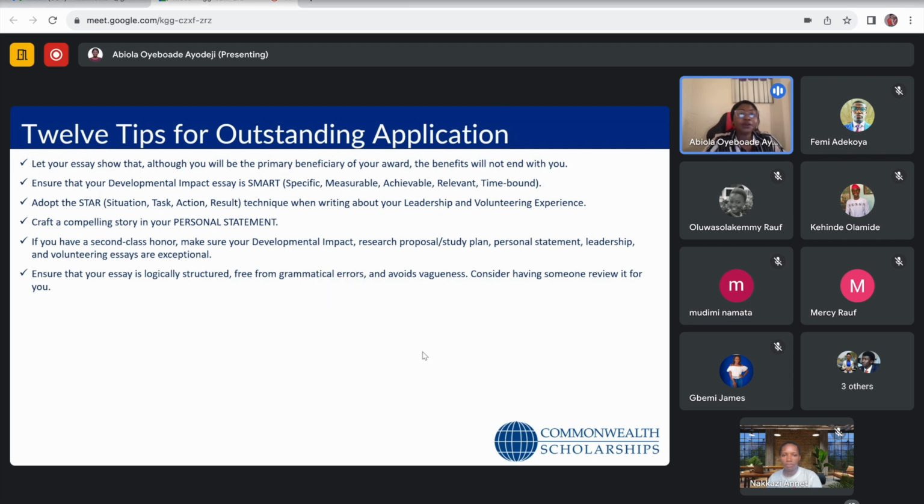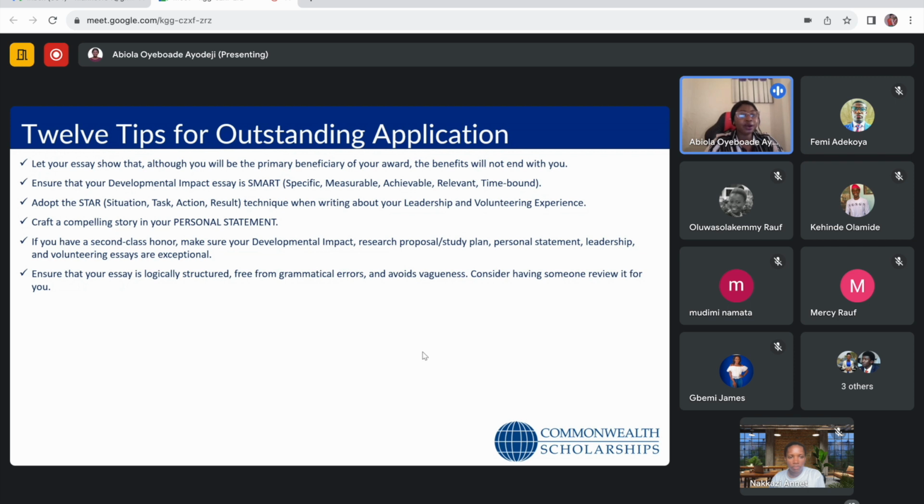And because of the amount of the offer that comes with this, they expect you to make your application error-free. They know if you've invested a lot of time and got people to read through it for you, it shows that you mean business. But when they start seeing a lot of grammatical errors here and there, they'll think you just made the application casually. So when you are writing, be intentional about making it grammatical error-free.